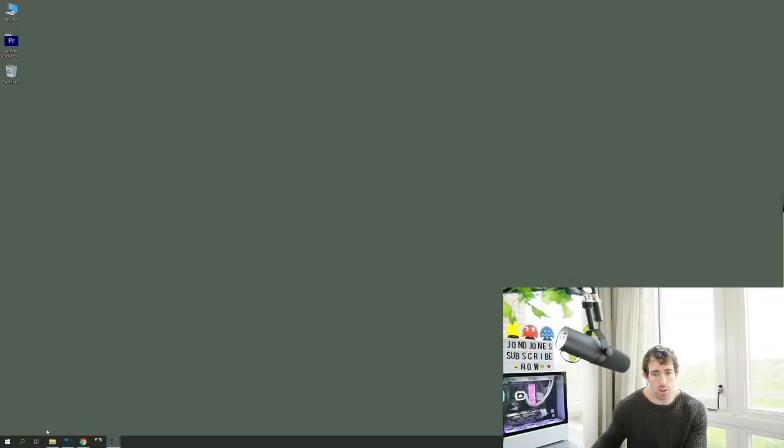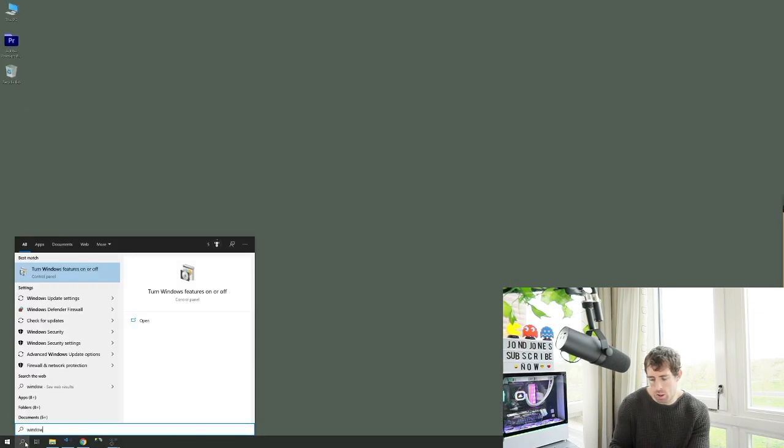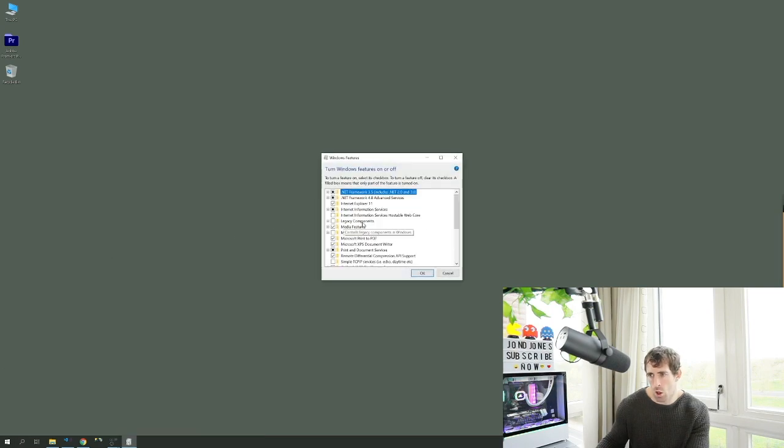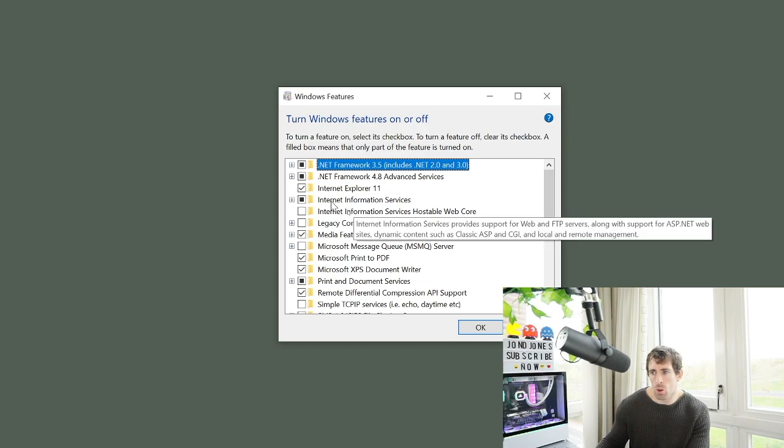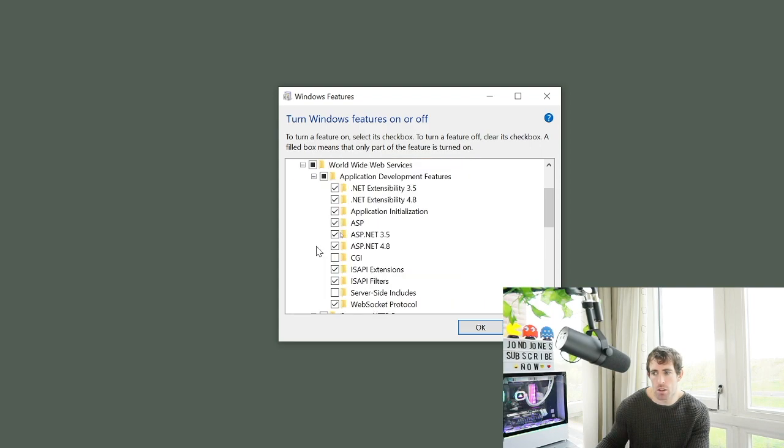So the first thing we want to do is check that we have IIS installed and all the correct modules. To check this, we're going to go to the search at the bottom of our desktop. We're going to type in Windows features so we can find the turn Windows features on and off. When that loads up, we're going to make sure that Internet Information Services is ticked. This means IIS is installed. Then we're going to go to the World Wide Web Services section. In here, we want to go to Application Development Features, and we want to make sure that